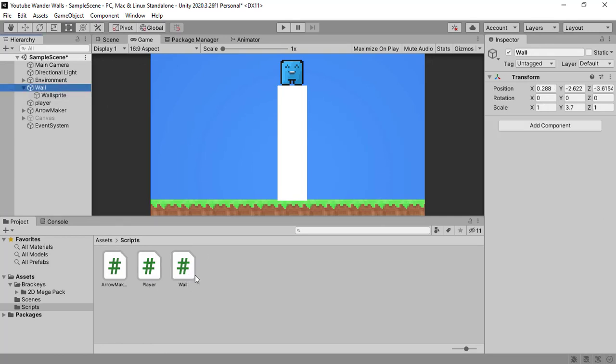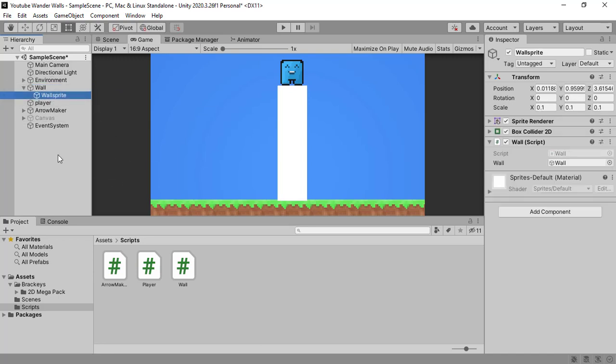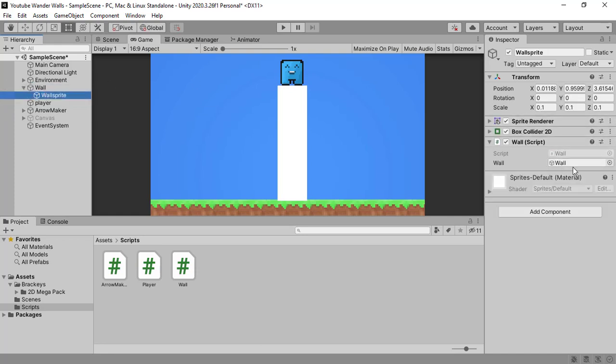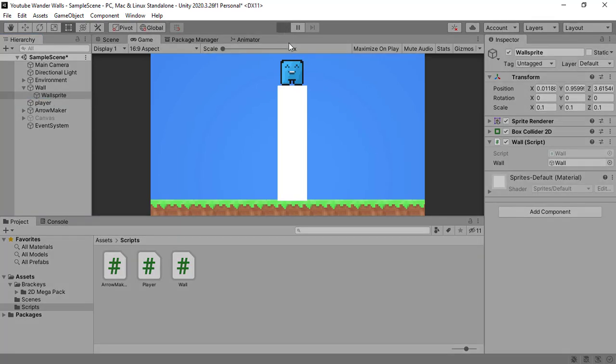Instead of assigning the wall sprite to the wall game object, we have to assign it to the wall sprite in this specific situation. And then we have to assign the wall object to the wall in here, and this would be our final game. If the arrow hits the wall, it will disappear, and if one of them hits the player,